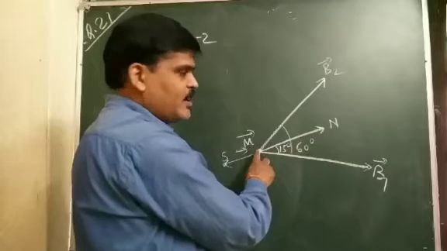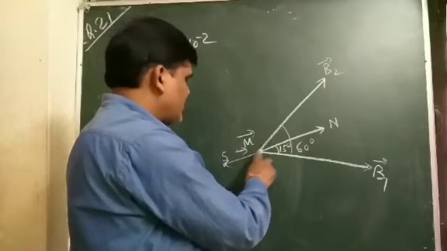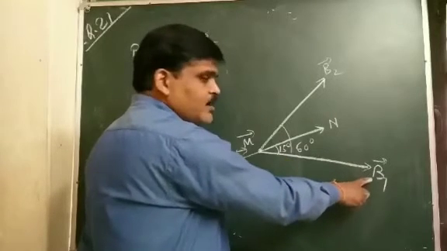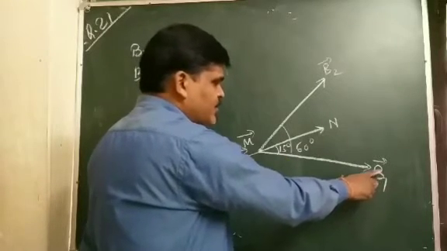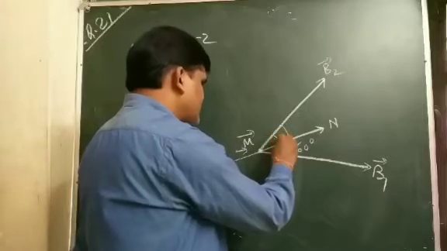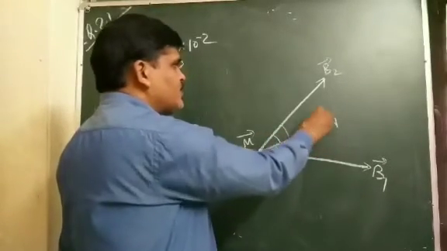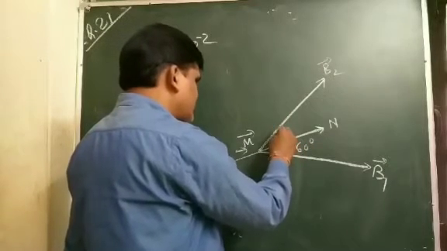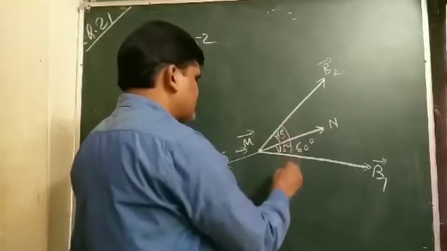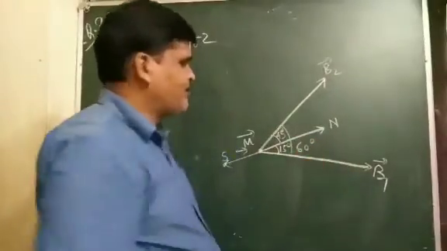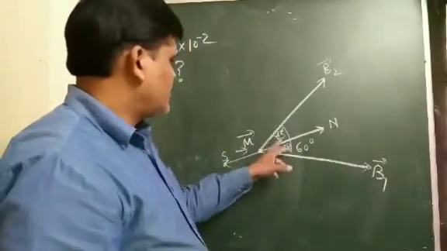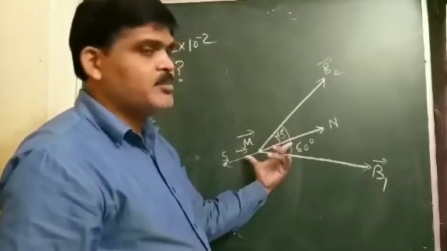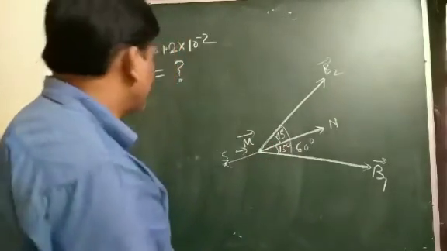If this magnetic dipole moment makes an angle 15 degree with the given magnetic field B1, then the angle between the magnetic dipole moment and the other magnetic field is 45 degree, because the angle between B1 and B2 is 60 degree. And this magnetic dipole is in stable equilibrium. It means what? You know that